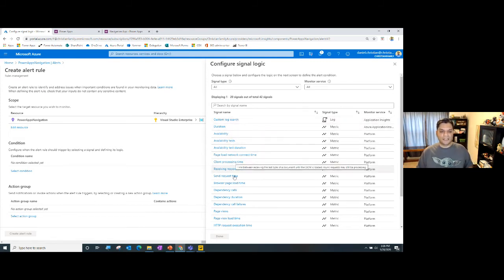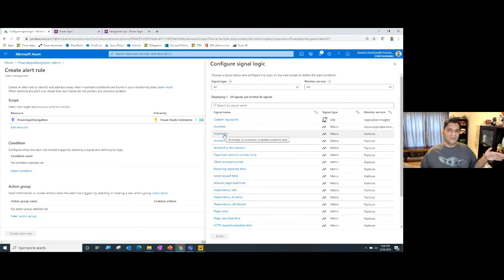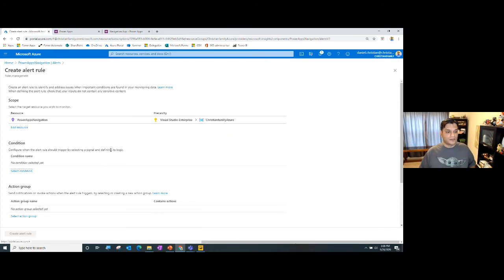Like, hey, I want to catch a signal based on the loading time, or based on the availability, or based on the duration. That something happened where a user, from the start to the end, usually takes about 2 minutes. For some reason today that duration is taking 5 minutes. So is there something wrong on the app side, or is there something on the user side? You can go ahead and put in all of these alerts over here. So that's one of the neat things on the alert side.